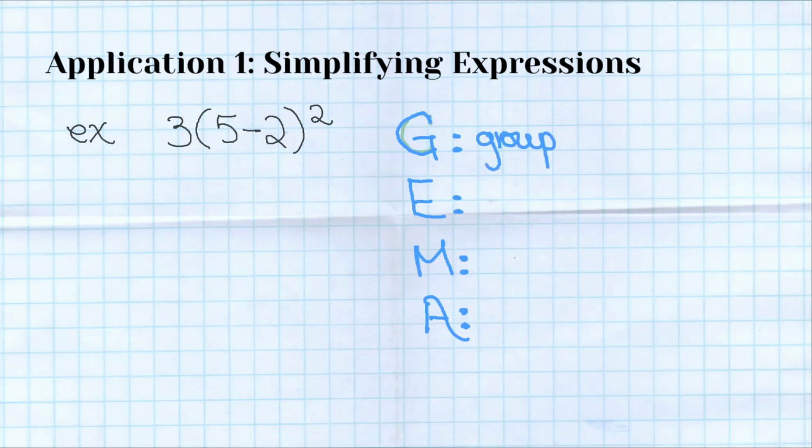So the first thing that we're supposed to do is start with any groupings, insides of groupings. And indeed, I can see that I do have a grouping in this particular problem. It is inside of a parentheses, but groupings don't have to be. And I can see that I have this grouping. So what's the very first thing you would do in a problem like this? Well, you would